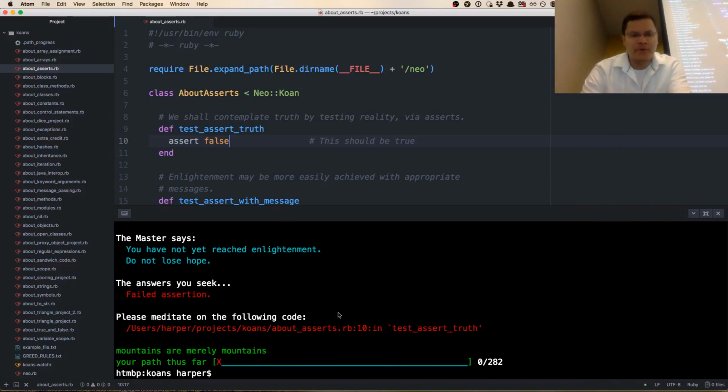So the first one, it's saying about asserts.rb, line 10. And here we go. We should contemplate truth by testing reality via asserts. Okay, so the assert, this should be true, gives you a little hint. So we'll just change that to a Boolean. First one's really easy, right? Assert true. And when you save it,